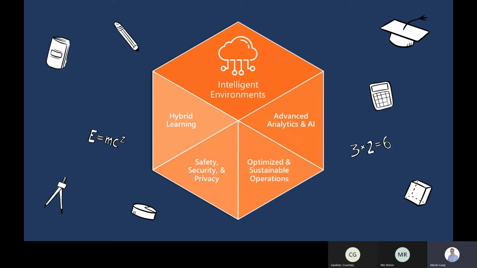During session 5, we talked about the intelligent environments that we're going to use. We have all had to embrace hybrid learning and distance learning, and that has taught us quite a bit. But it's then how, when we get back to more of a normal life and school, how are we going to use that? How is that going to become part of our vision?